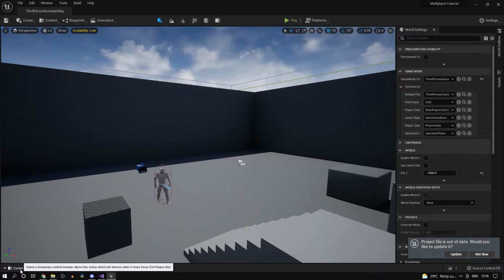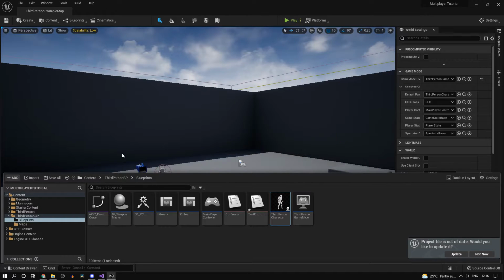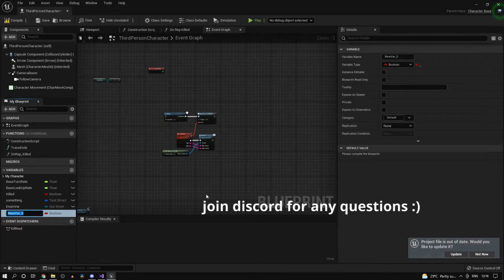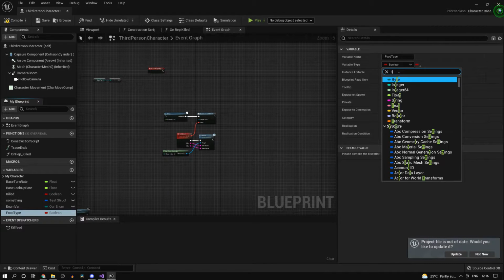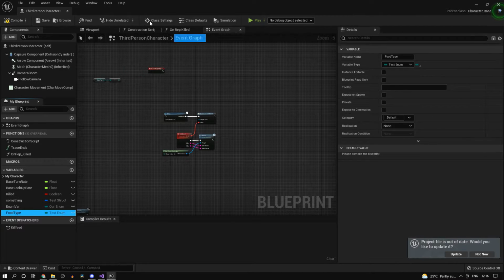And now what you can do is you can head into any one of your blueprints, then you can go to your variables section, and then let's say we have something like food type, and we drag this in. Before we do that, in our variable type, you can change it to our test enum or whatever you have named your enum.